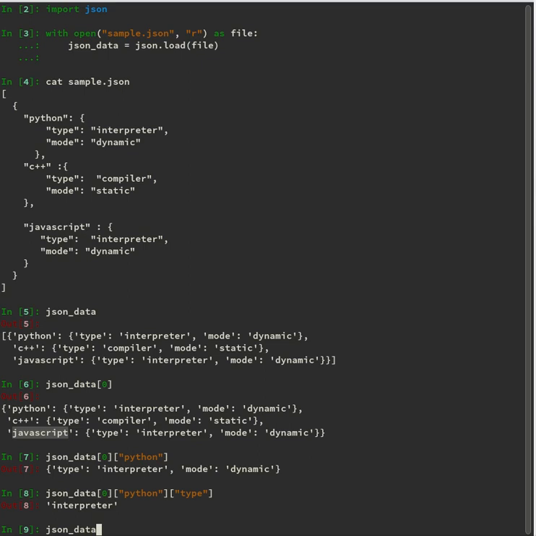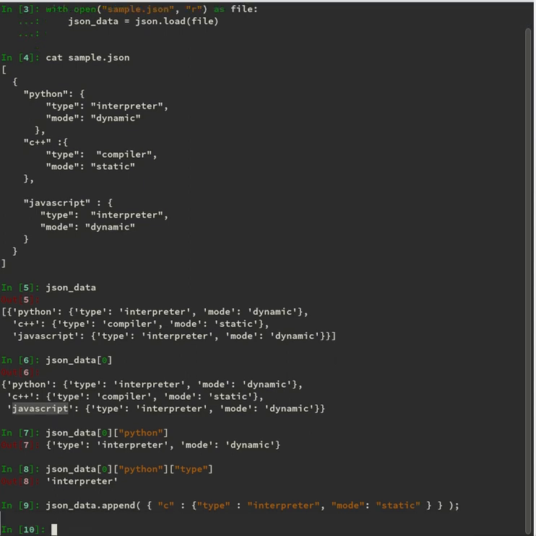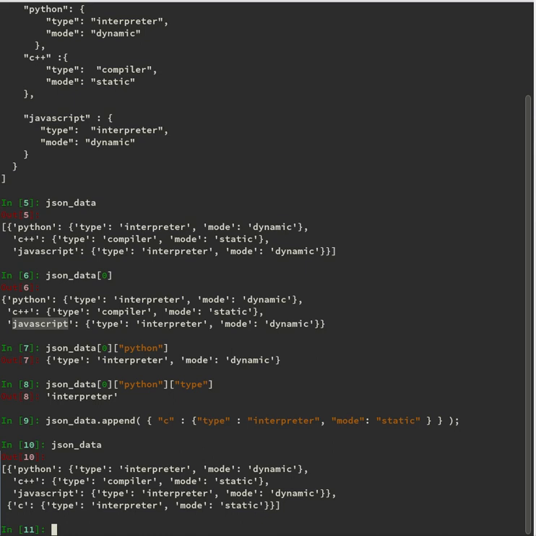So simply you can use the append function, and here you can write your JSON object, for example C, and C's type is interpreter language. And it's a statically typed language. That's it. We have constructed our object, and right now the JSON data has one more object here.